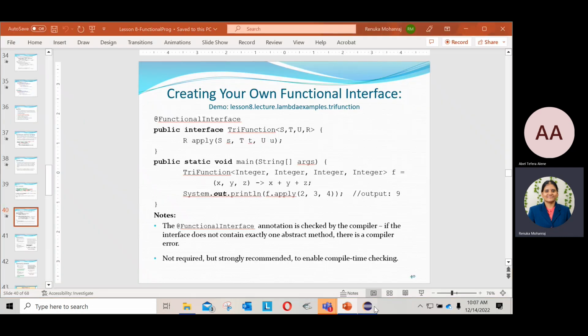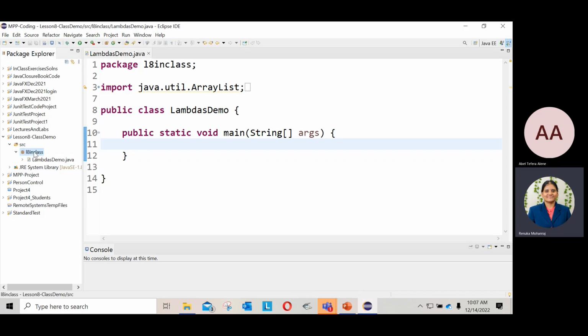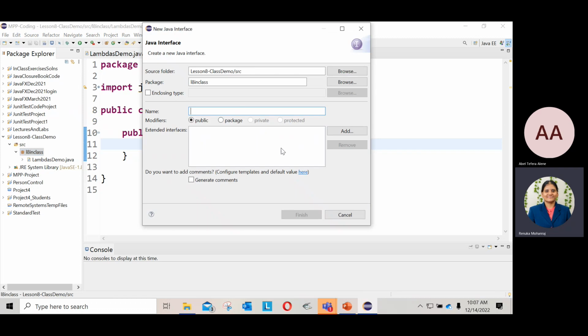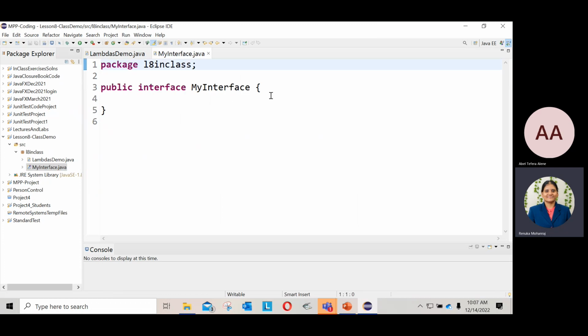As we are all aware, what do you mean by functional interface? An interface that has only one unimplemented method. Let me put my interface. This is your interface. If this interface can have only one unimplemented method, for example, it has an add method which takes two arguments.